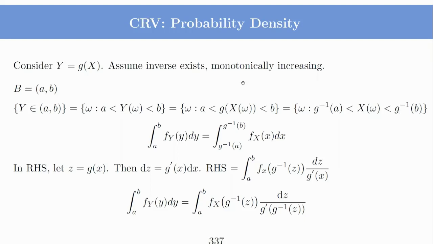Okay, it's a monotonically decreasing function. So if b is more than a, this means g inverse of b should be less than g inverse of a. Or you can understand it this way also: if g inverse b is less than g inverse a, then if you apply function g on it, b will be